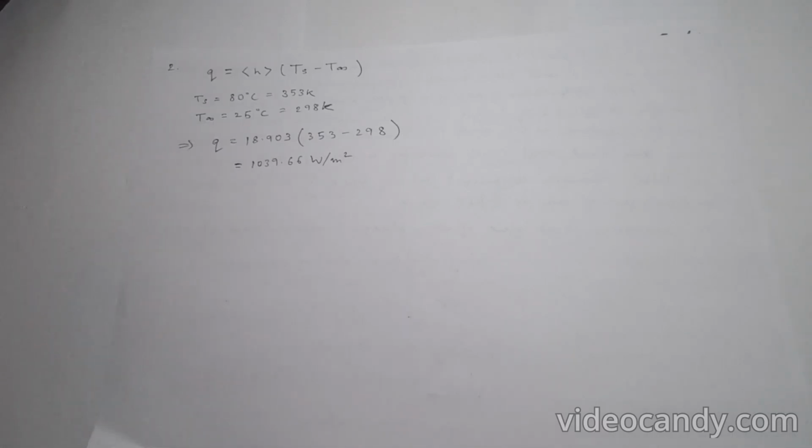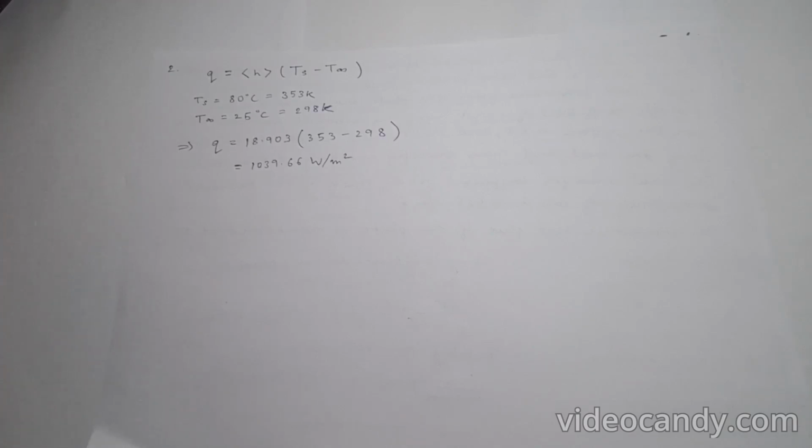Now since we have got our heat transfer coefficient, we will now do the second part of our question, which was to calculate the heat flux, and we have been given our surface temperature as 80 degrees Celsius. We will convert the temperature given in Celsius into Kelvin. So we will use the equation of heat flux as the average heat transfer coefficient times the temperature difference. So the surface temperature is given as 80 degrees Celsius, which we will convert into 353 Kelvin, and the